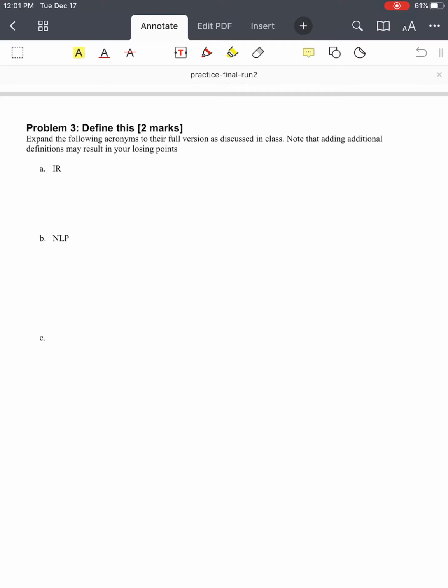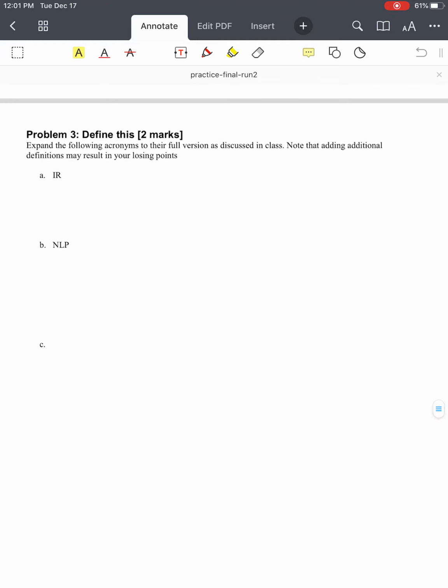Short sample final problem 3, defining terms. So this one, you're going to either sink or swim with this one. These are just straight up rote memorization definitions. So information retrieval,